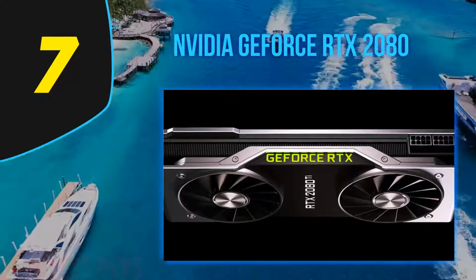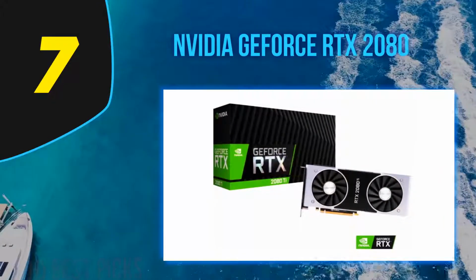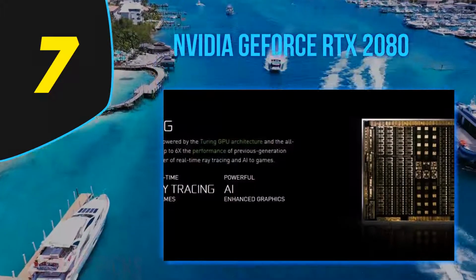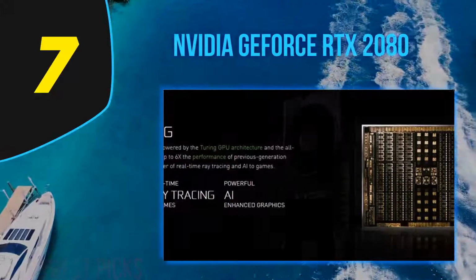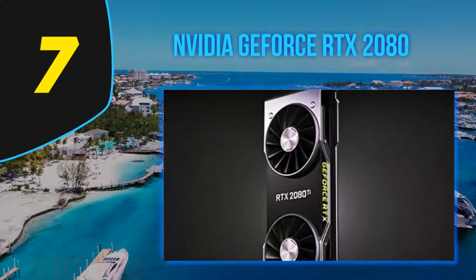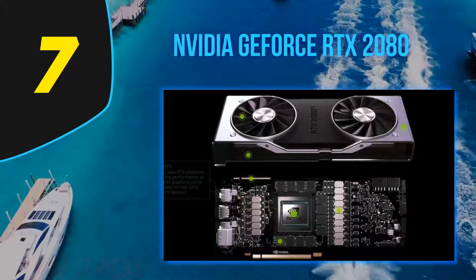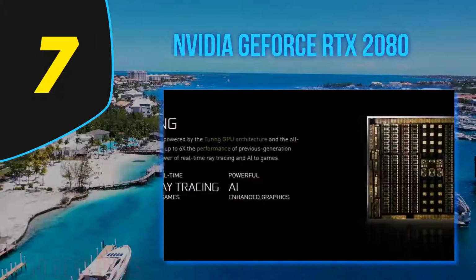If you are searching for the best graphics card for 1080p 144Hz, then the NVIDIA GeForce RTX 2080 Ti Founders Edition is just the one for you. It is specifically made to give a killing performance, especially while playing fast-paced games at 1080p 144Hz. It has a pretty good clock speed with a boost clock of 1545 MHz. If you like gameplay that is just over the edge, then the GeForce RTX 2080 Ti Founders Edition is the